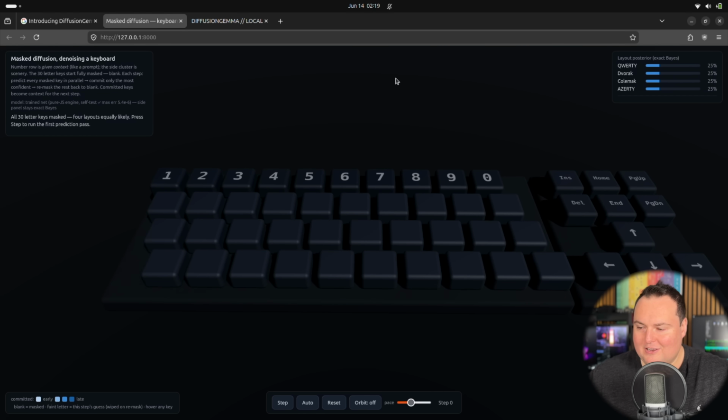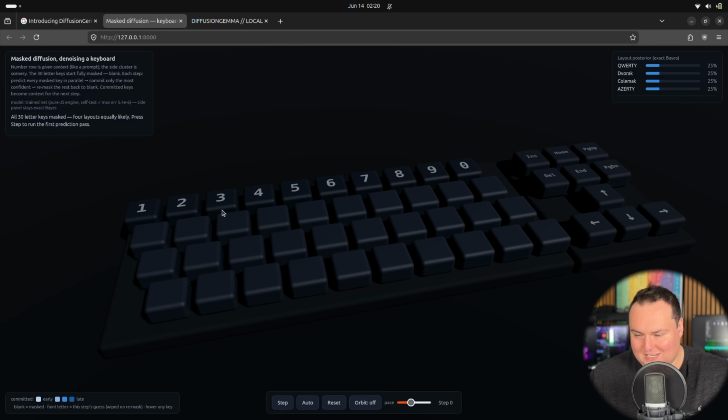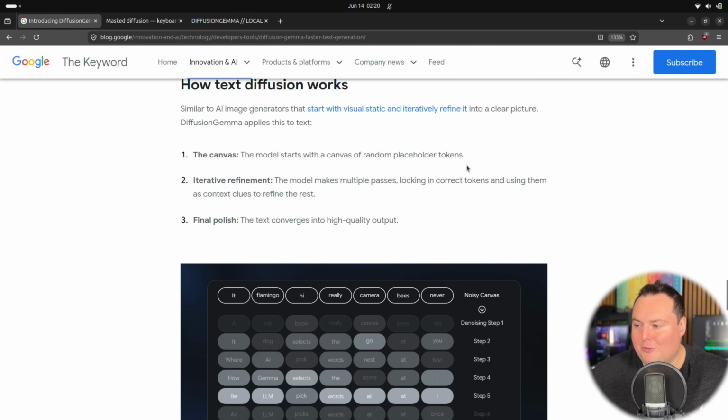Now, the task here is basically step by step as this denoises, it's going to converge towards one of 4 keyboard layouts. This is actually using a real diffusion model that was trained on this laptop, and it has awareness of 4 real keyboard layouts: QWERTY, Dvorak, Colemak, and AZERTY. So as this starts to refine its predictions and actually denoise, it's going to lock in keys, which will lead us to seeing step 2 right here, where the model makes multiple passes, locking in correct tokens and using them